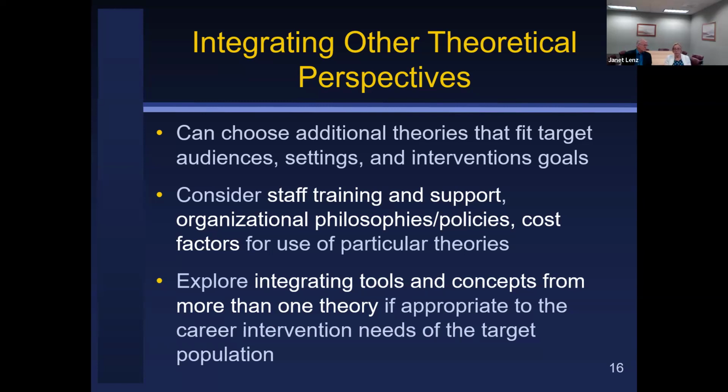It also is perfectly reasonable to think that you might draw from a couple of theories. Maybe you want to incorporate social cognitive career theory and the notion of career decision-making self-efficacy as something you will impact. And then from career construction theory, you want to look at career adaptability and whether students, for instance, change in that through your intervention. So you can be creative about that. And there are many excellent resources, many of which we highlight in the handbook, that will help you understand some of these things and where you can get more information on them.